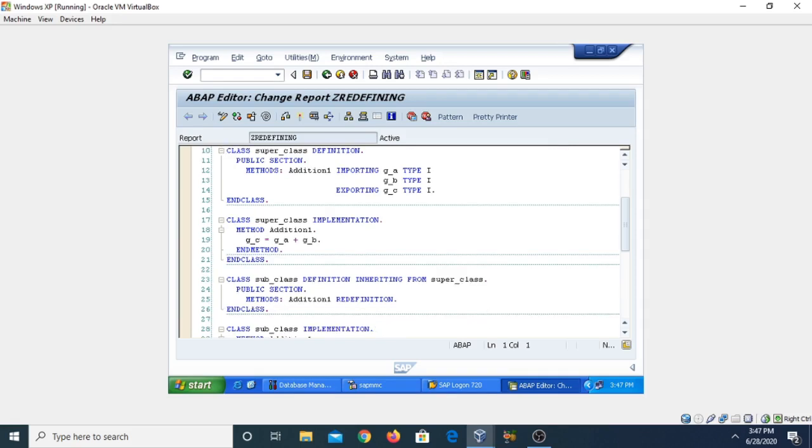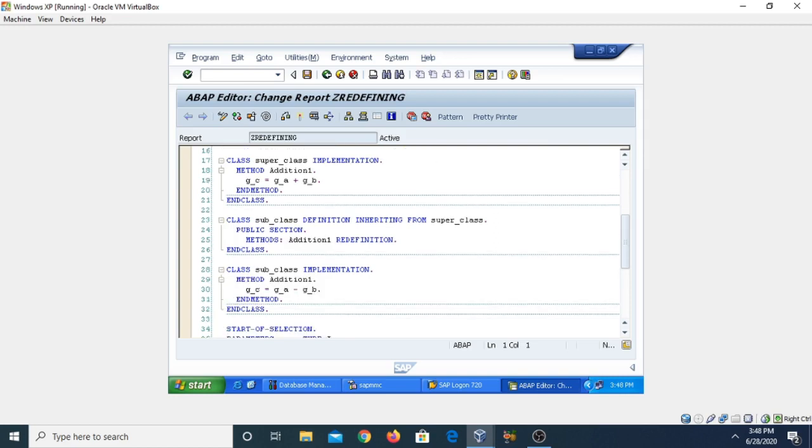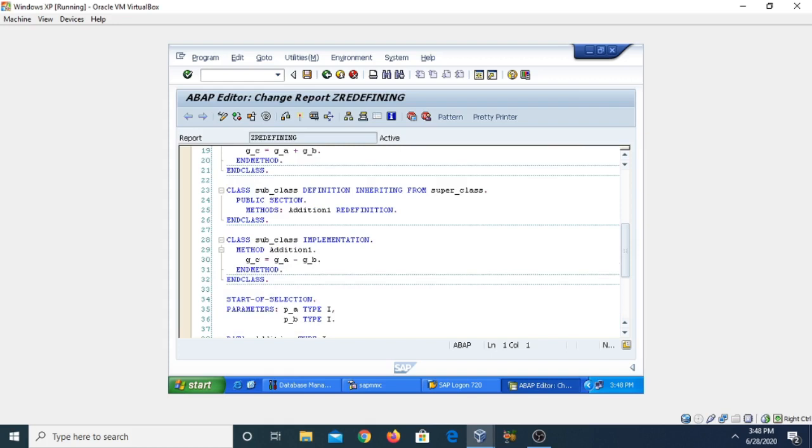Now the implementation part of the class: this is class super_class implementation, in which we have defined the method addition1, and the working of this method is g_c equal to g_a plus g_b.